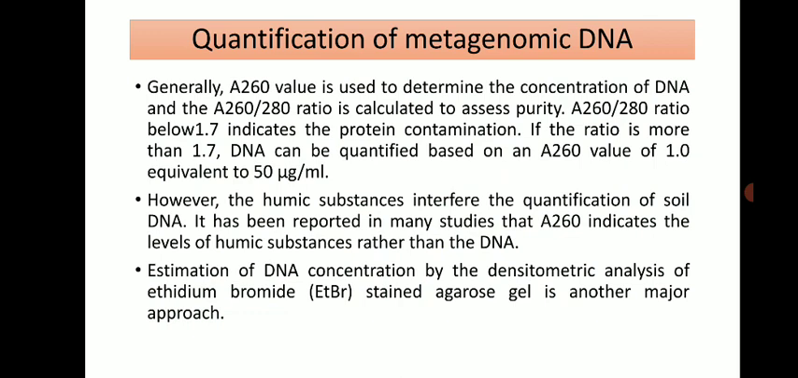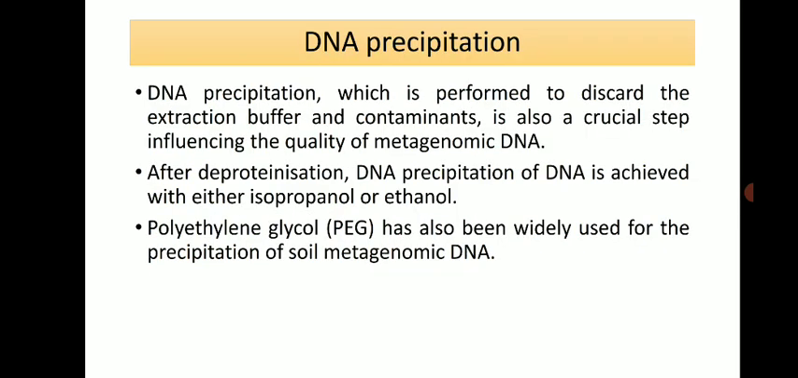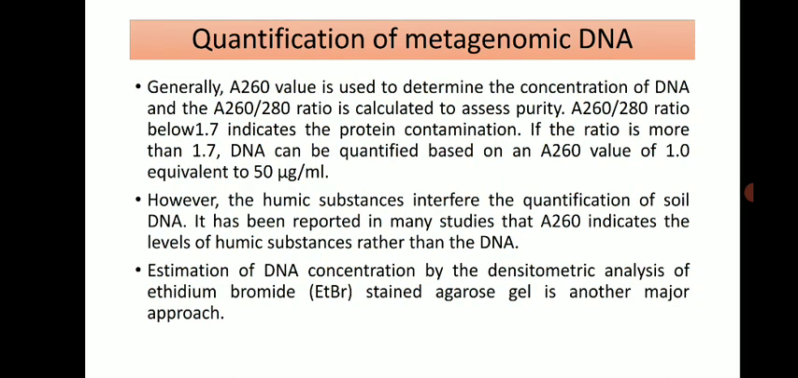So it creates problems in absorbance measurement during this procedure, and it has been reported in many studies that absorbance at 260 indicates the level of humic substances rather than DNA. So most of the time we get false results, where the absorbance is not due to DNA but due to humic acid contaminants. Estimation of DNA concentration by